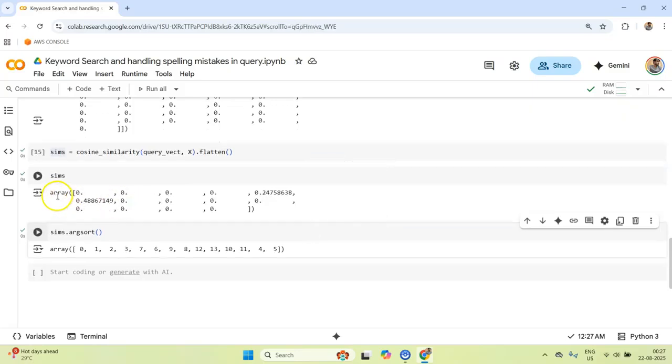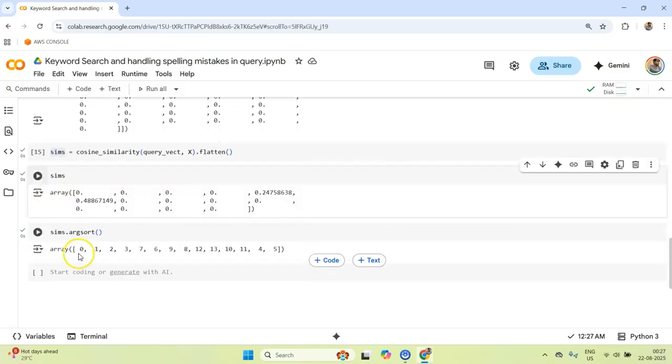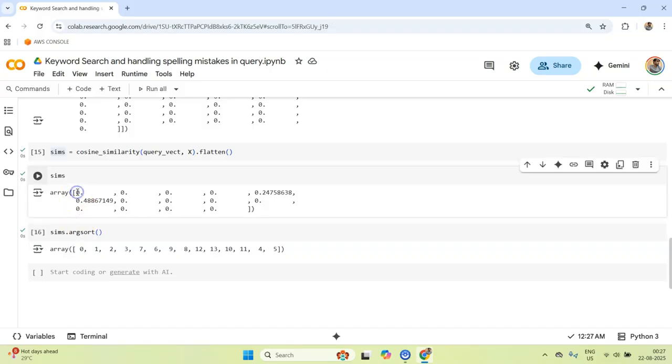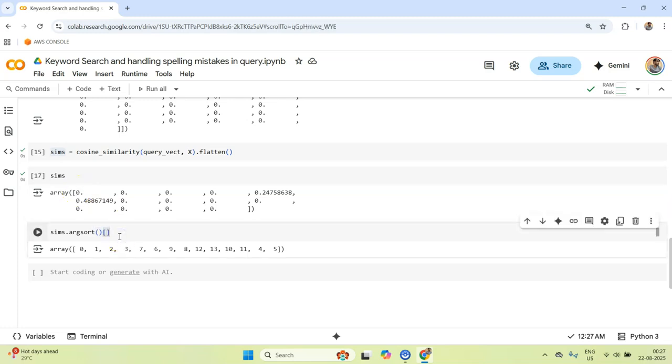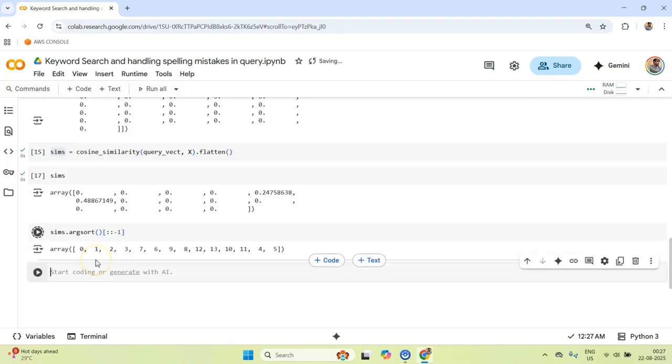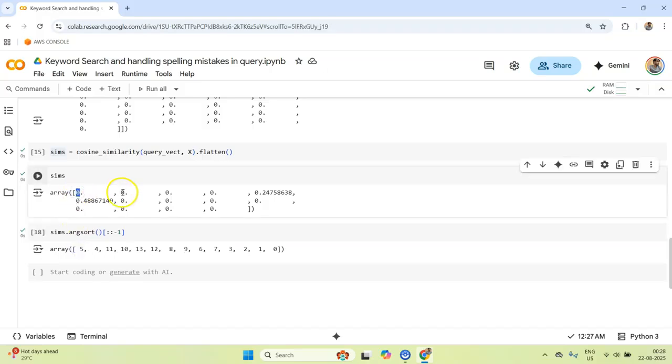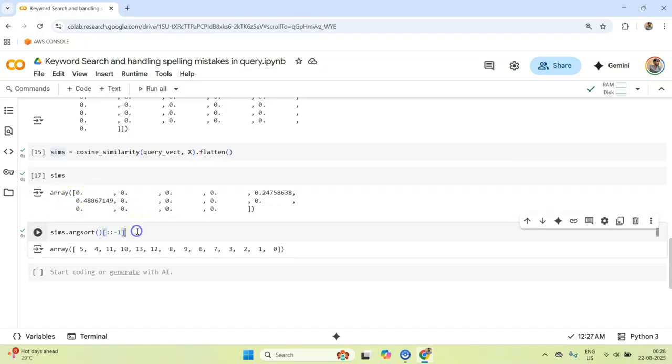What it has done is it has sorted the similarities, and then it is giving you the index of the order. But here if you see, it is giving you first as 0. 0 means the first value, and the first value is 0. I don't necessarily want to sort from lower to higher. I want the reverse. So I can simply use this Python construct, and this will reverse the operation. So now it's saying 5 is the largest entry, which means 0, 1, 2, 3, 4, 5, and it indeed is the largest entry.